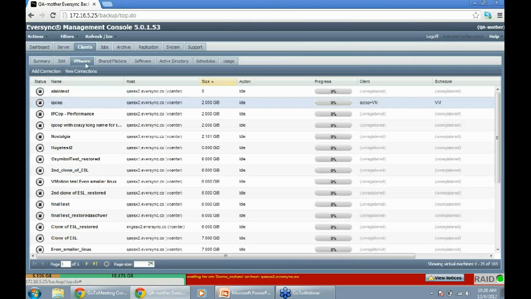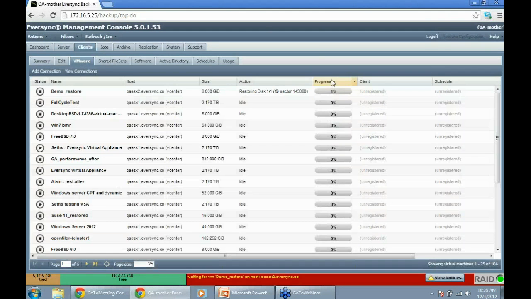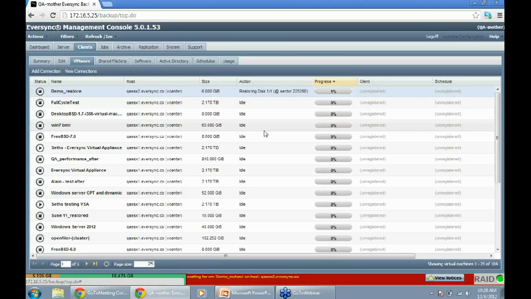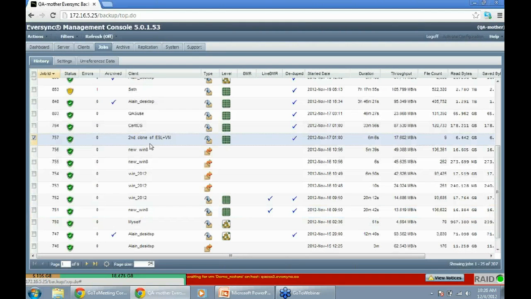So go to the VMware tab. And see it's copying the virtual machine's VMDKs. And it's just that simple if you're trying to restore the entire VM. But suppose in that VM all I really wanted was a couple of files.